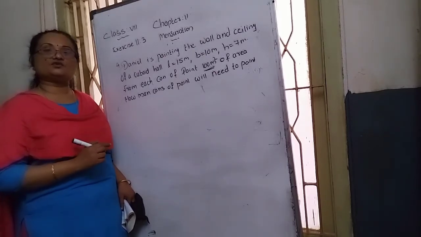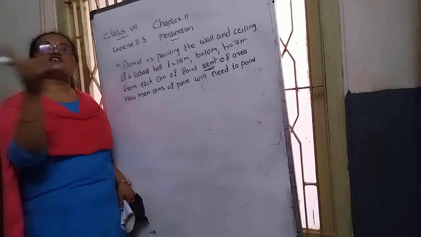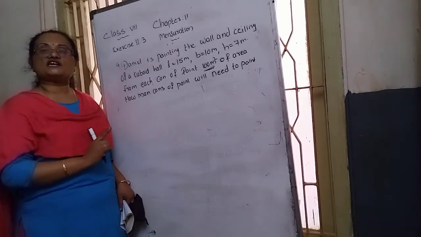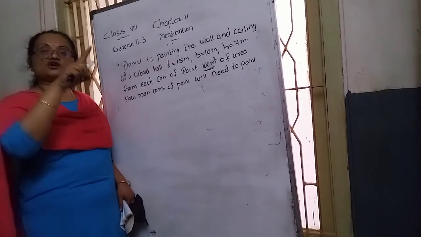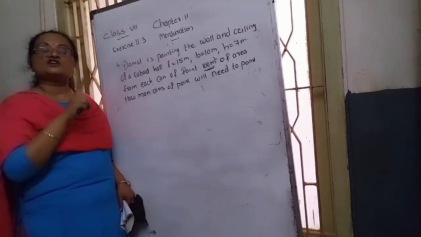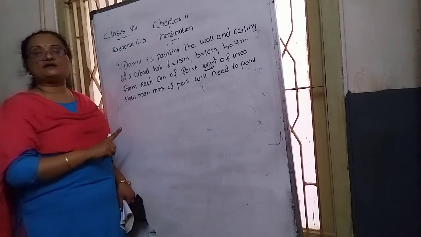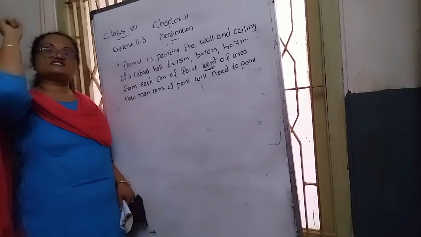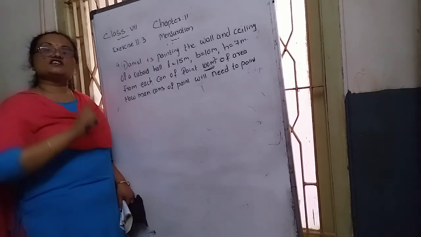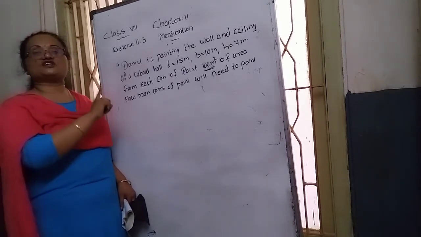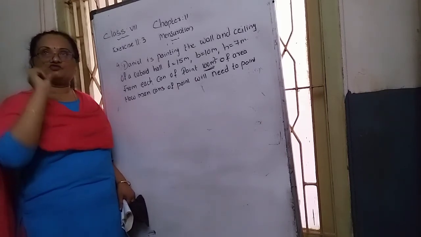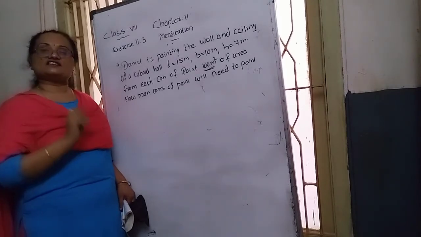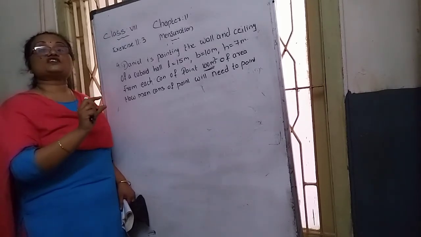First, what do we want to do? First we want to find the area of this room. How do we find the area of this room? Where is he going to put the painting? 4 walls and a ceiling. The 4 walls we call the LSA, so the LSA of a cuboid formula applies. Then we add the ceiling. The ceiling of the room is in which shape? A rectangle shape. So adding the area of the rectangle, we get how much area he wants to paint.